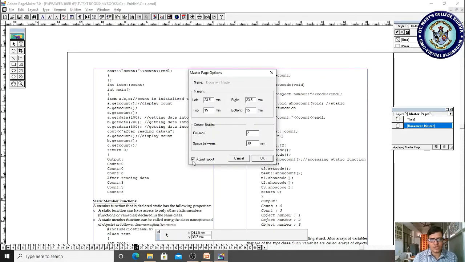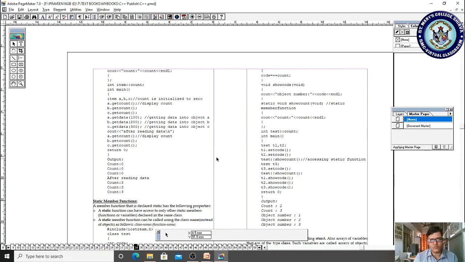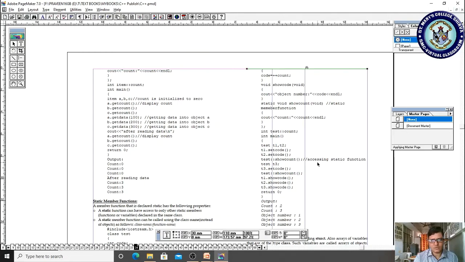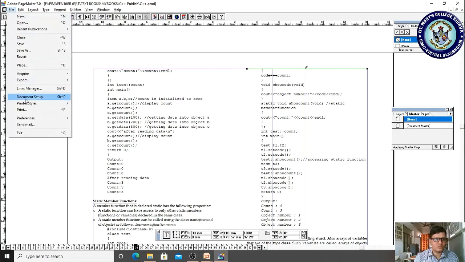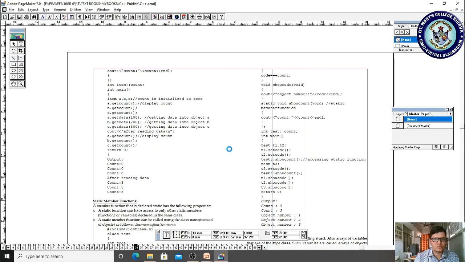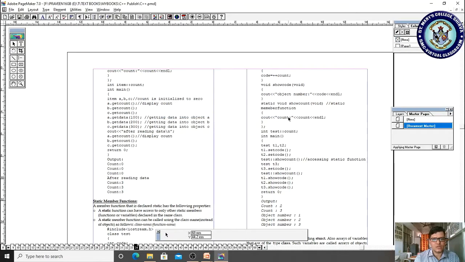Adjust Layout, you can also modify the layout. The Adjust Layout option you can also give. If you unselect it, you are unable to modify, so even if you drag this one, you are unable to modify. Okay, so it will give an inconvenience. Got it? So hence we are not supposed to do it. So what we have to do is revert. Right, got it? So the last operation should become as it was. And next,